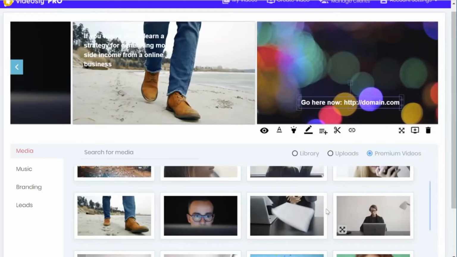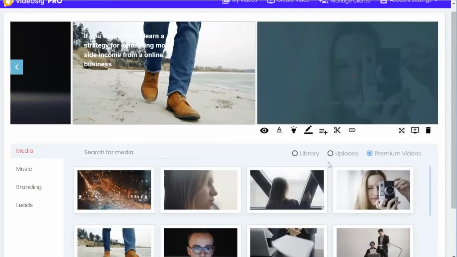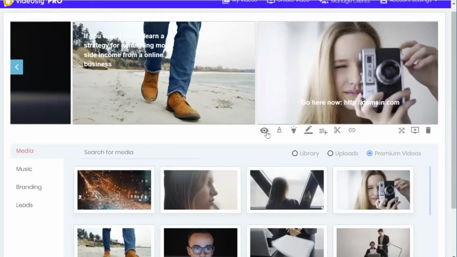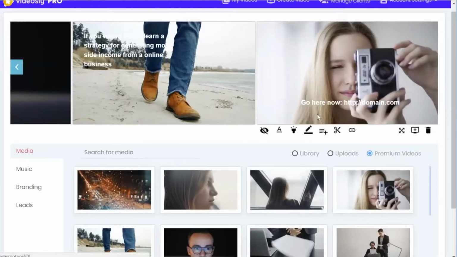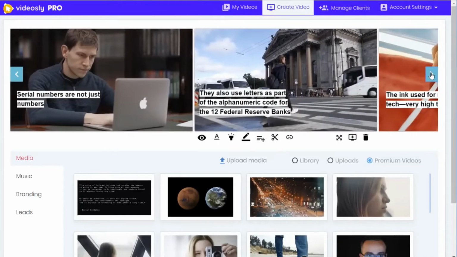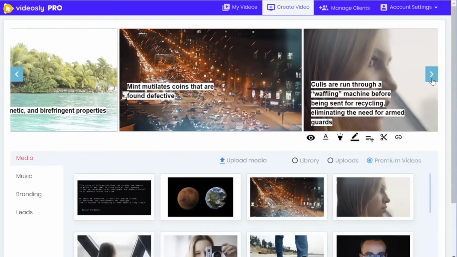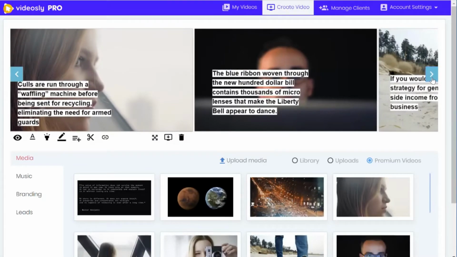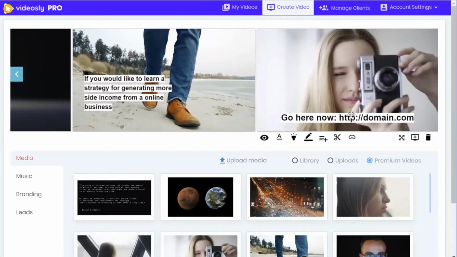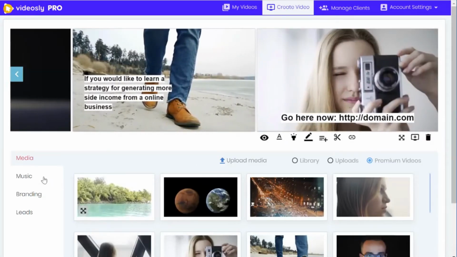Cool, we're down to our last slide. We'll add this one here to finish it off, and we can also preview this as well to see what it's going to look like. What I've done is took a few minutes, and I've gone ahead and I've added in all of the different text and customized it as I want. I've changed some of the videos around so they fit the type of concept that I'm going for, and then